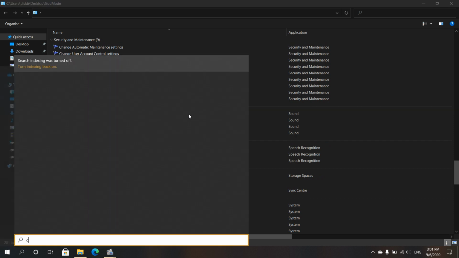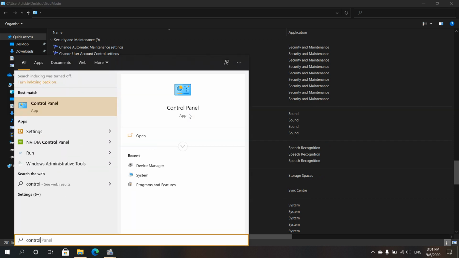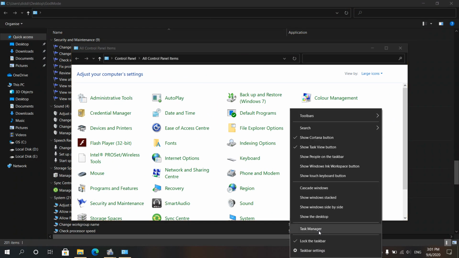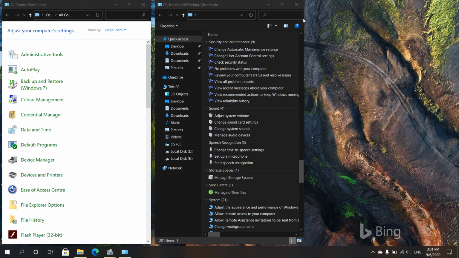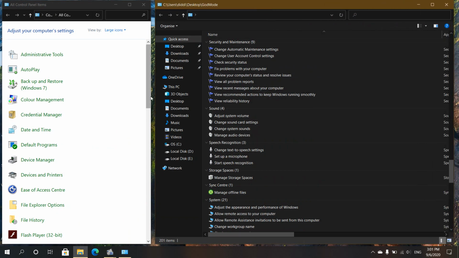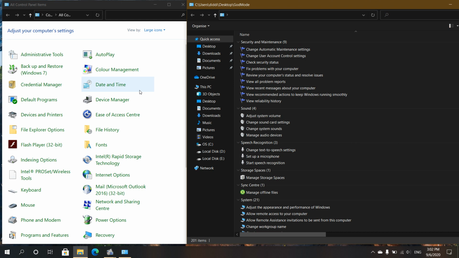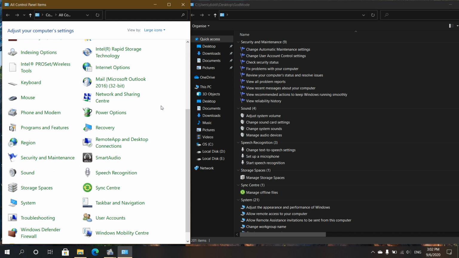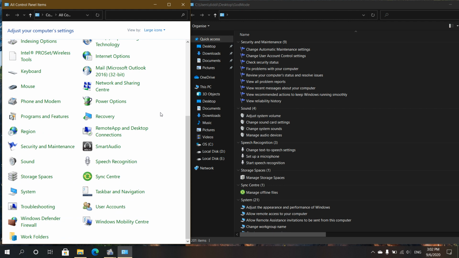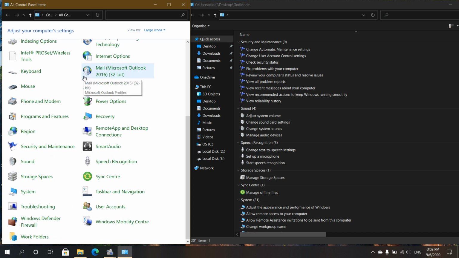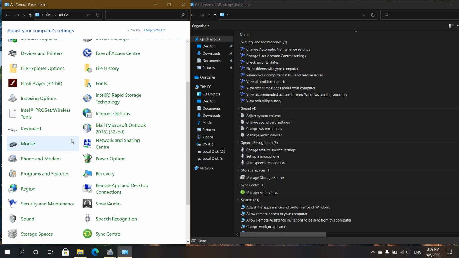When you open your normal control panel, I will show a side by side comparison. This is our normal control panel which we use in our day-to-day life, and most normal consumers or users can access this control panel for administrative tasks and managing their computer.